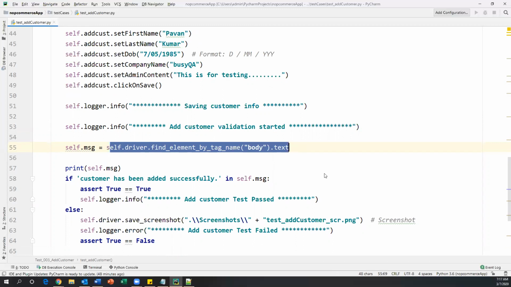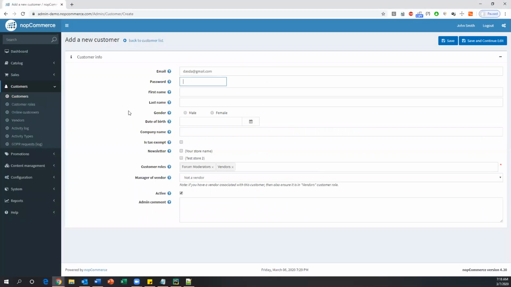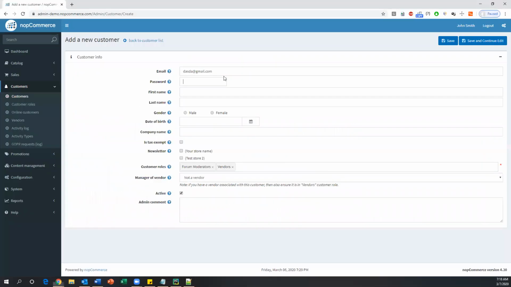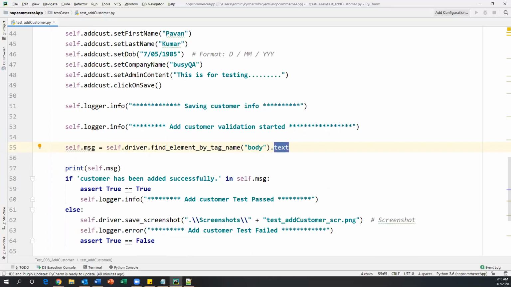I have captured this text which is present at the top of this page. The tag name body will capture everything displayed on the page, and .text captures it in the form of text and saves it into self.message.